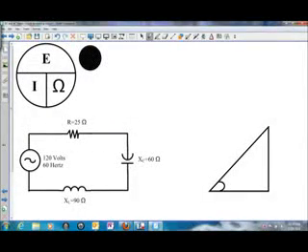In this presentation, we will be solving for impedance and current in a series RLC circuit. So we have one resistor, one capacitor, and one inductor in series with a power source. One of the differences for a circuit that contains both capacitance and inductance is that those two values are 180